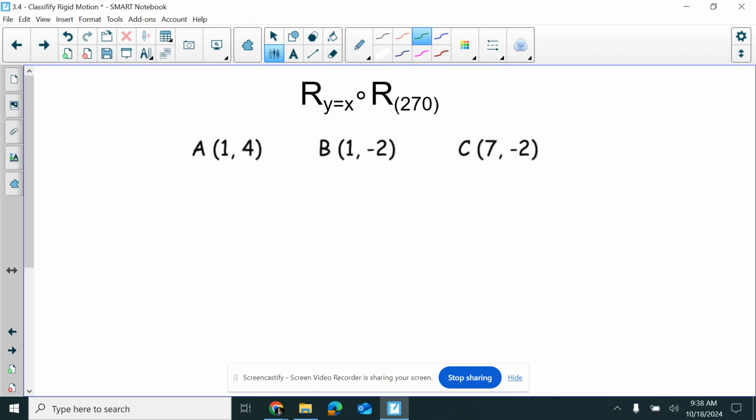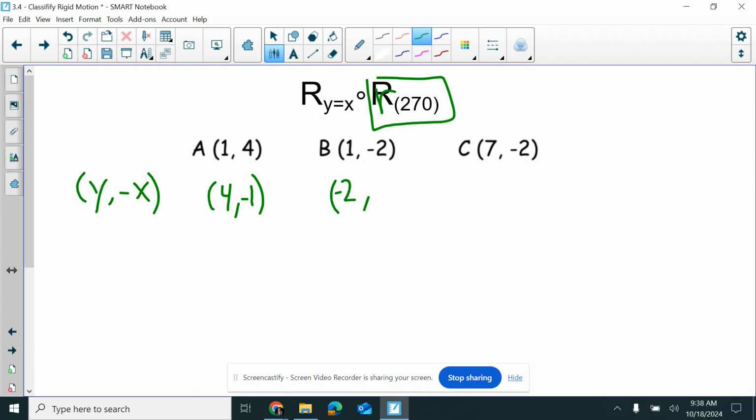Again, I'm going to do the second transformation first, which is a rotation of 270 degrees. That xy rule is y, then the opposite of x. So I'm going to apply that rule to all 3 points. For negative 1, negative 2, negative 1, negative 2, negative 7. Okay, and now we do the first rule, which is a reflection across the line y